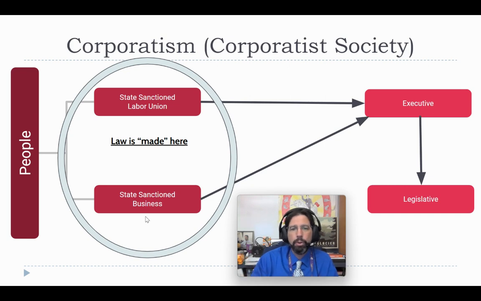Everything's getting filtered through things like parastatals or state-run labor unions or the Chinese Communist Party looking over a lot of businesses and that kind of thing. So the people don't have the ability to participate directly because the corporatist, state-sanctioned organizations are basically preventing this from happening. You see this a lot in Mexico, by the way, with Pemex. The government doesn't deal with the oil. Essentially, the state-sanctioned business, Pemex, creates the laws and prevents the people from having access to the government to help